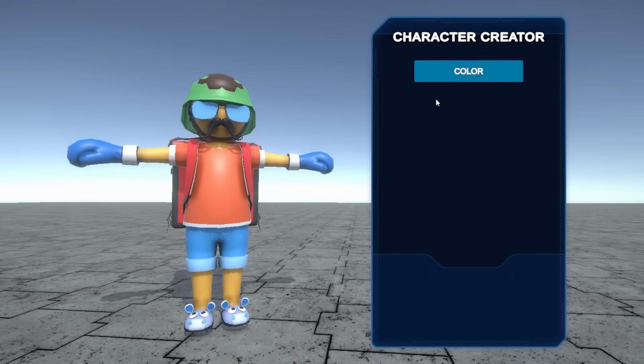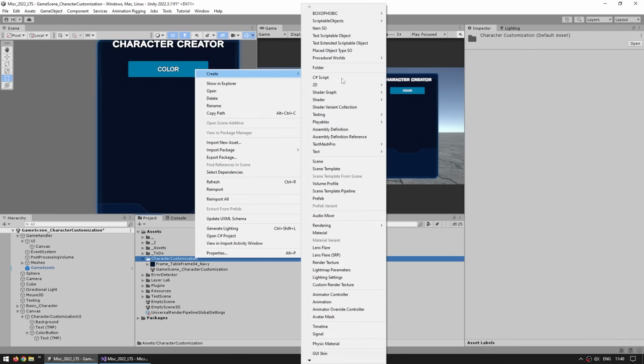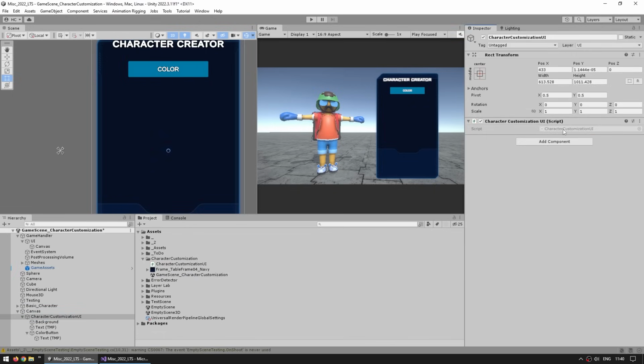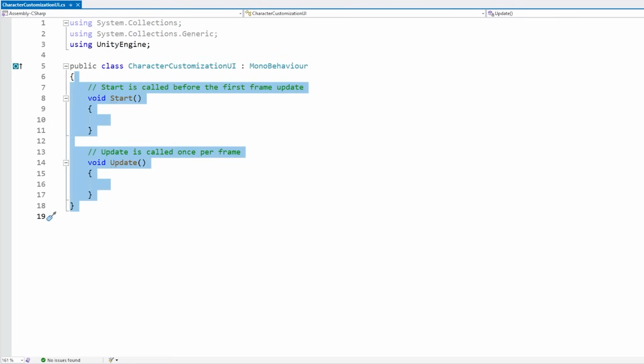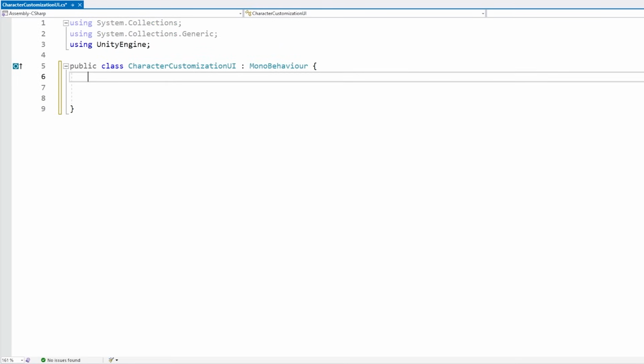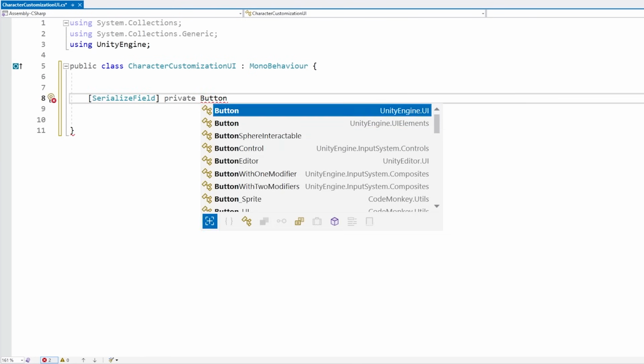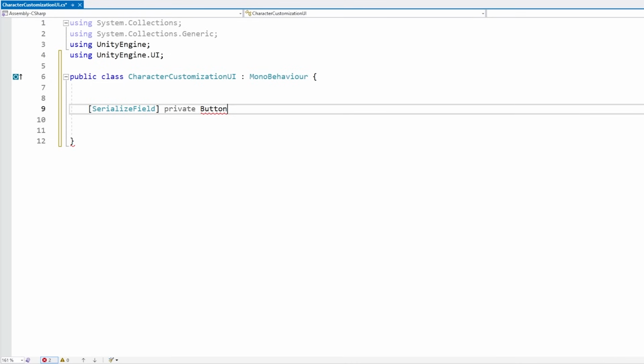Now let's add some logic to it. So first, let's make a script to run it. So let's create a new C# script, call it the same thing, character customization UI. Let's attach the script to the main game object and open it. Okay, so now here, first thing we need is really just a reference to our button. So let's add here, and as always, let's write some good clean code. So make it a serialized field, private of type Button, which exists inside UnityEngine.UI, and let's call it the